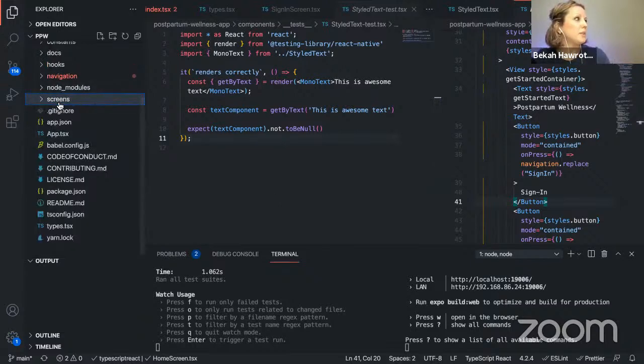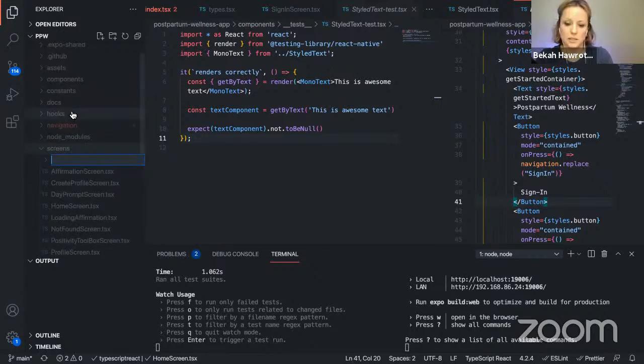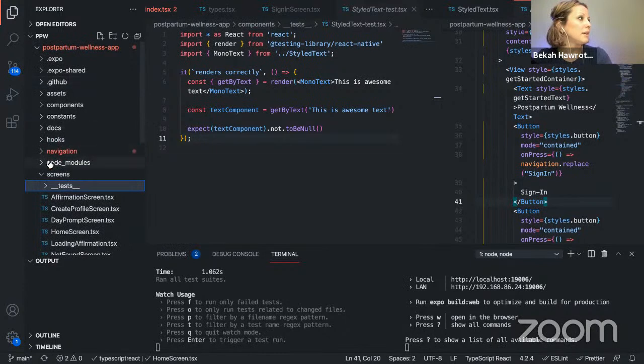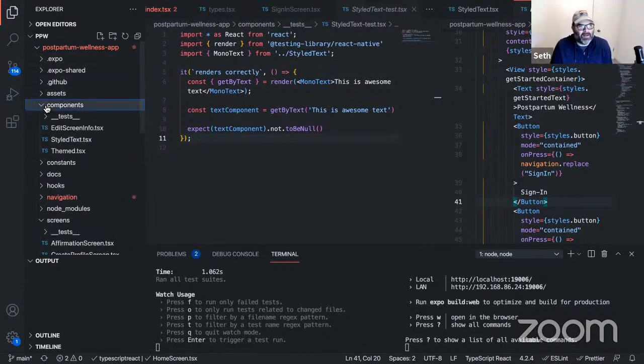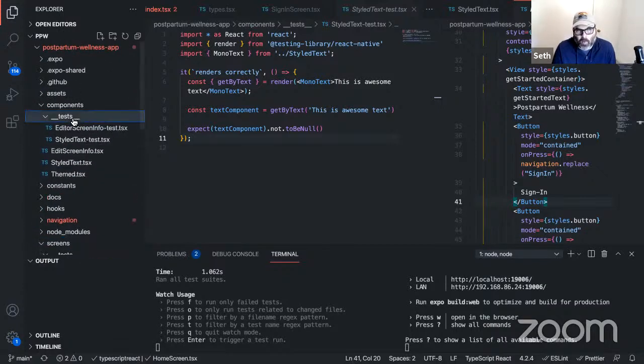I think what I'm going to do here is create a folder for tests and screens. I've got two underscores, and I think that is the right way to do it. Is that just a preference thing, or a requirement?